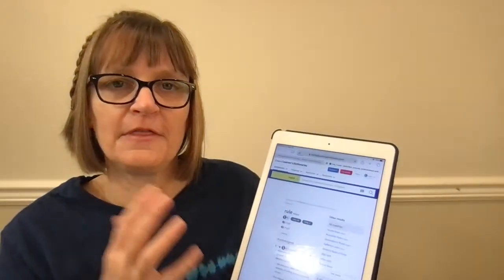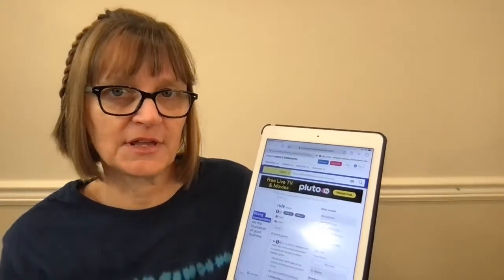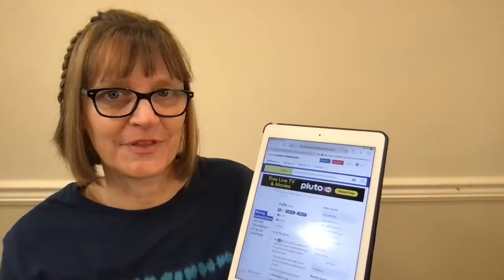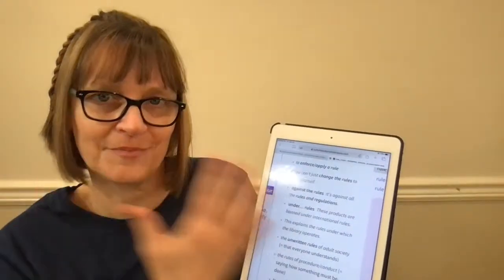So rules apply to a game or a group. They are typically less formal, whereas a regulation might be something that's happening legally, like some governing body sets the regulation. So here we say rules of activity, rules of a game, and they give lots and lots of different examples. You can use that to see, okay, this is the place where I want to use it, or I'm trying to use it. And then if we look at regulation,